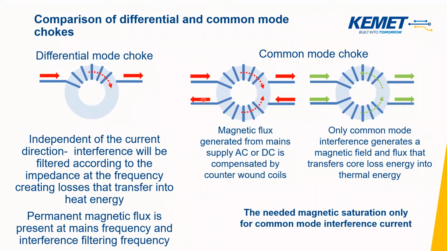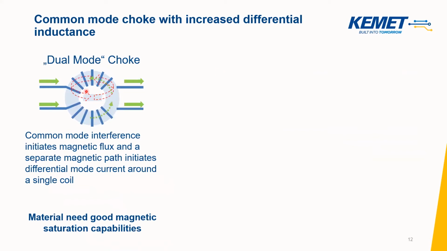So how have we thought about designing the architecture of a hybrid mode choke, and how is it composed? Well, if we introduce a small magnetic path inside a common mode choke, then essentially we have the outer core, which is there for removing synchronous noise, and we have this magnetic path inside which goes through this small magnetic patch here, and this then leads to differential mode impedance. So by the introduction of this small magnetic nose, we have created both synchronous insertion loss as well as asynchronous insertion loss.